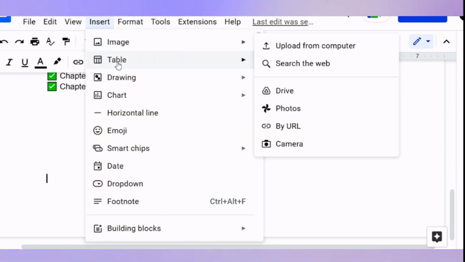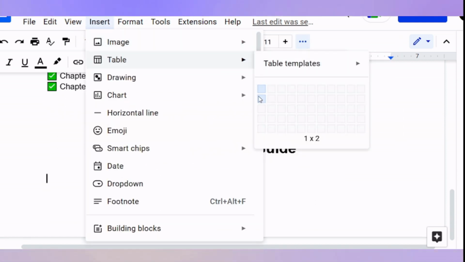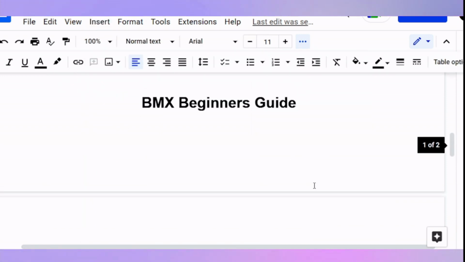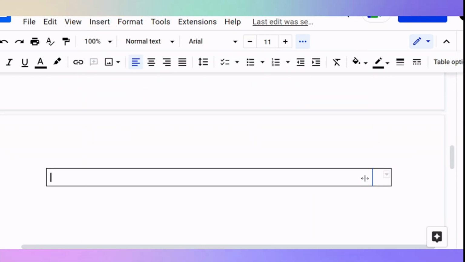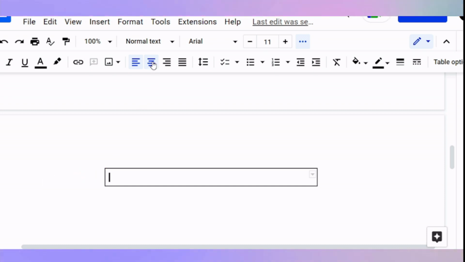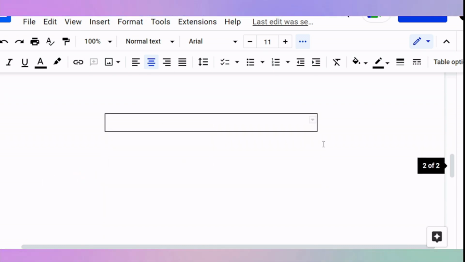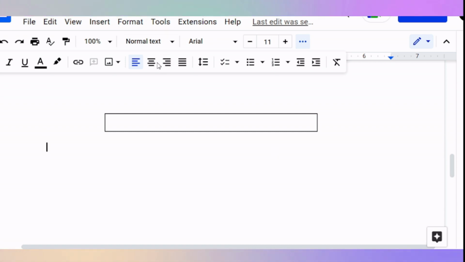Let's add a table. So here is our table. Alright, so here is our table, and let's ask them for a valid email.